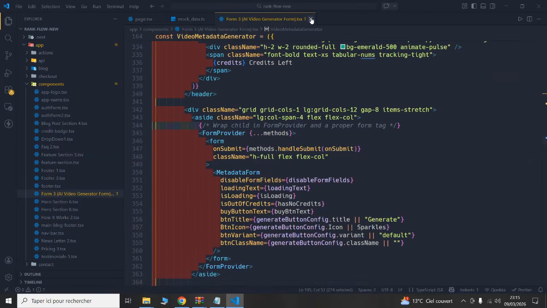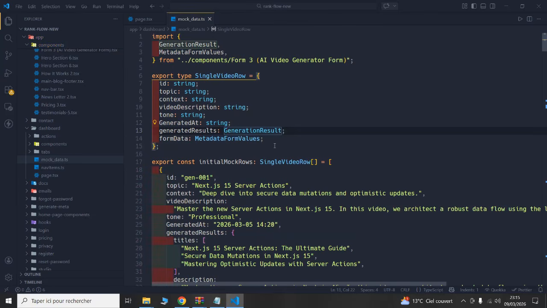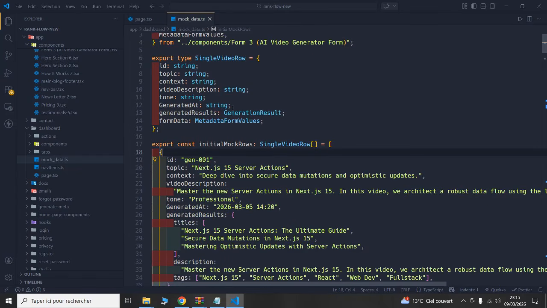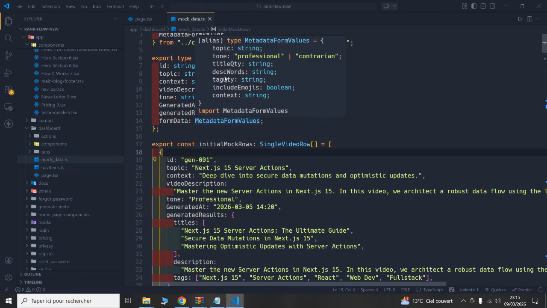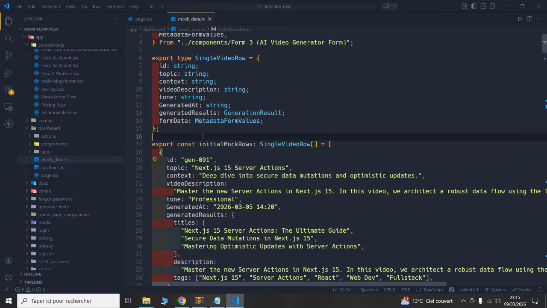The good part about this is that it's going to keep your whole code base organized, because you have the business logic inside the components folder. So in the code, you are just using them. That's going to help a lot to make your code base a lot more readable and maintainable in the long term. So once we have the mock data set up,